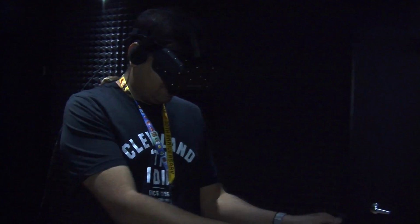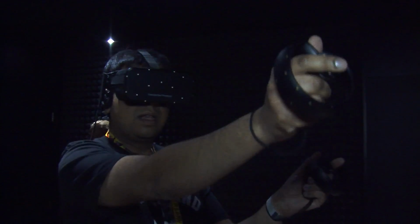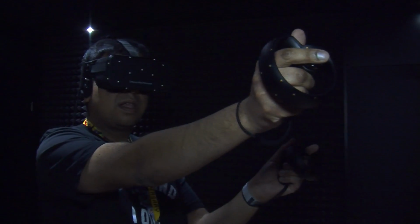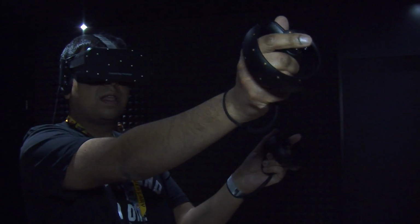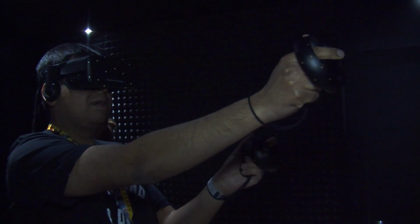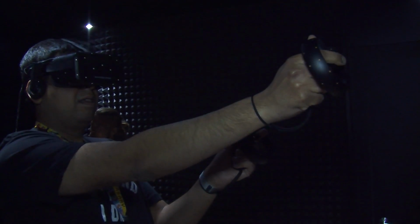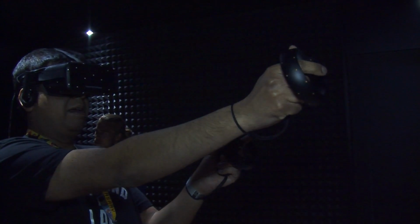We're also offering as an add-on the Touch controllers, and the Touch controllers bring your hands in and are going to be incredible. They unlock this new set of VR content, which is first-person view where you see your own hands. And there's a whole new set of experiences that you can create with those. And so we really look at this as the best of both worlds. Bundled with the Rift, you get the Xbox One controller, and then as a simple add-on, you can get your